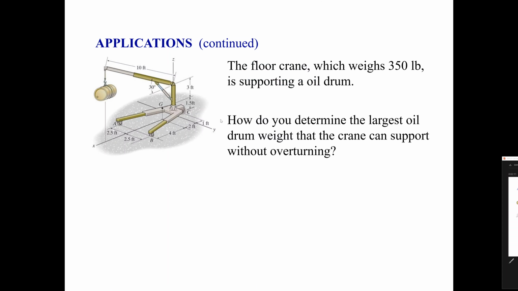So here's another application. Now, here's a good question. How can you determine the largest oil drum weight that the crane can support without overturning? Well, what do we expect can possibly happen? This part could lift up from point C, and this could fall forward, right? So what we have to do is that the center of mass G basically represents the center of mass. It looks like it's in the middle here